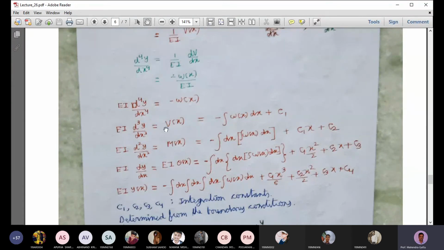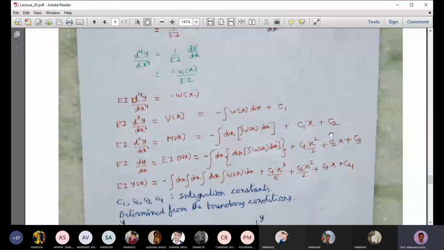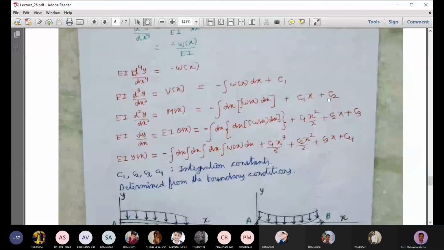Now we can integrate it one more time. We get EI d square y by dx square. We already know this is M of x, and here we have to integrate it one more time, and there is C1x plus C2. So we are getting those two terms. First we will get the C1 term, the first integration constant. After the next integration, we will get the C2 term, the second integration constant. So we will integrate it one more time. So we are getting slope EI dy by dx, which is EI theta of x, and we are integrating this entire term again one more time. And we have here x dx, which is x square by 2, and C2 dx will be C2x, and we have the third integration constant C3.